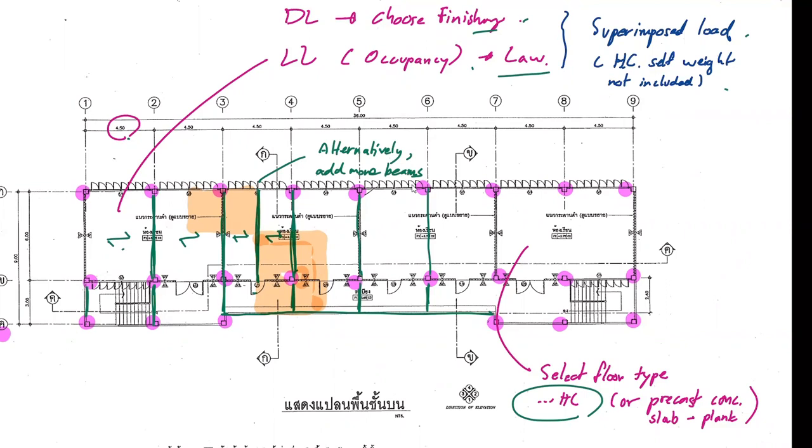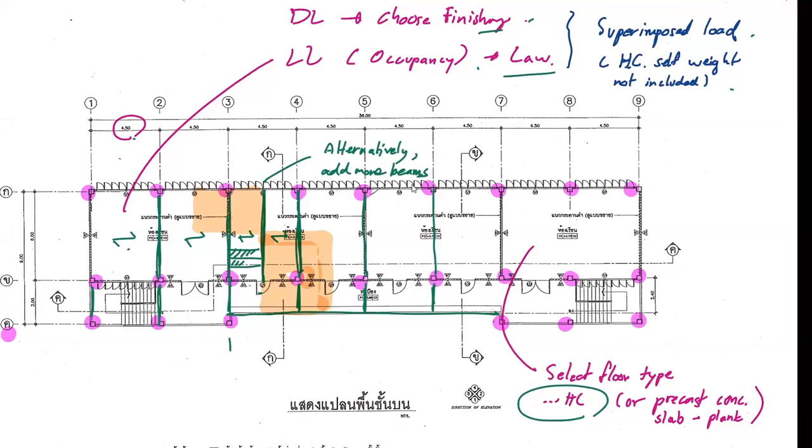explain about that again. The thing is this: when you add the additional beam, what will change is the span length of the floor, right? Remember that in steel construction, we generally use either metal deck or hollow core or the plank. So it's a small beam placing like this. Okay, so that's a piece of hollow core. When you select the hollow core or the plank, this becomes the span length of the hollow core